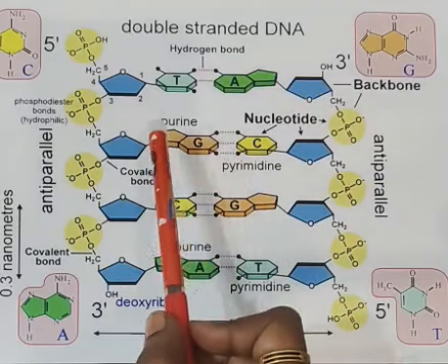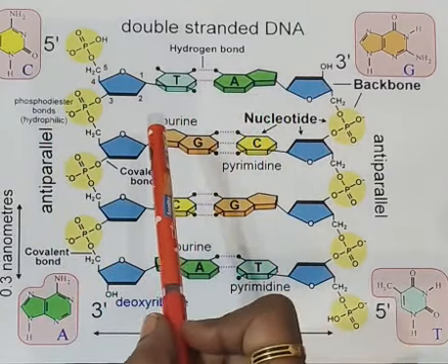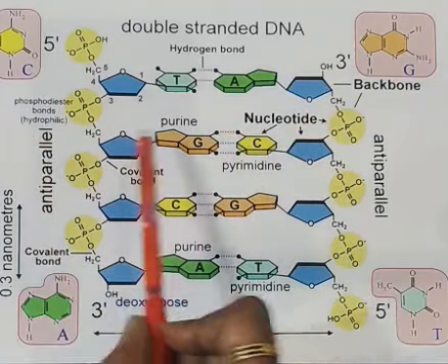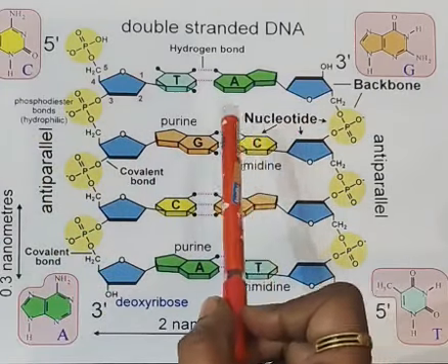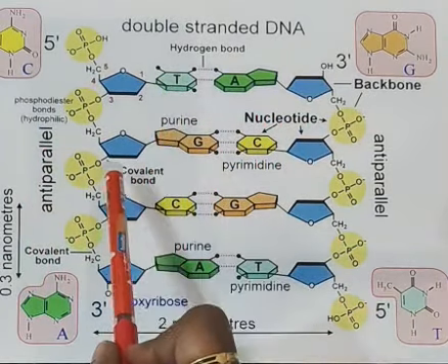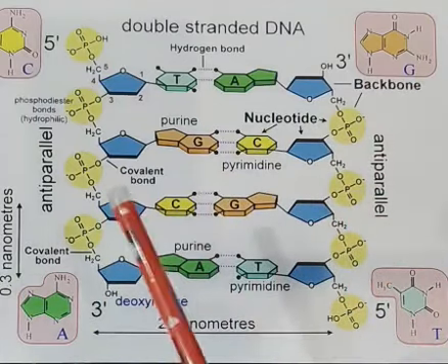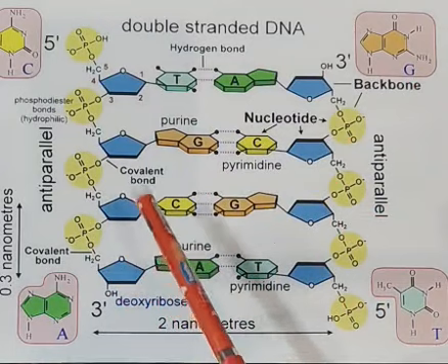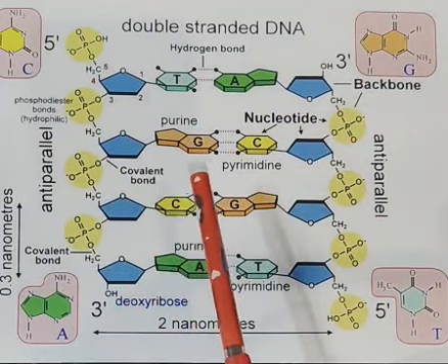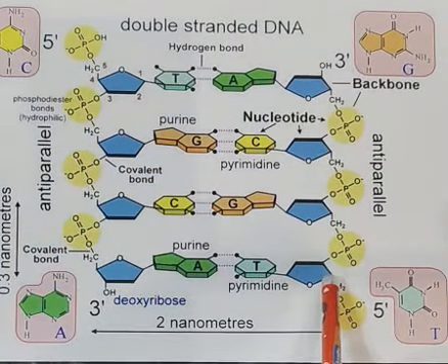Wherever the purines are pairing, at that part, the diameter of the DNA is going to be more, and if pyrimidines are going to pair, at that point the diameter of the DNA is going to be narrow, less. So because of this, there won't be uniform distance between the two